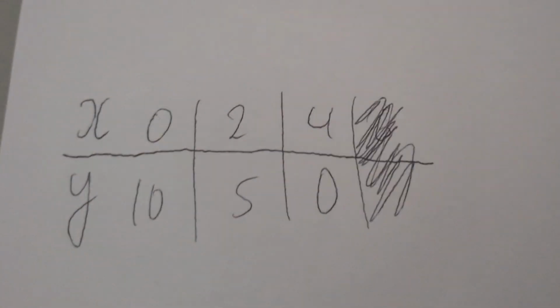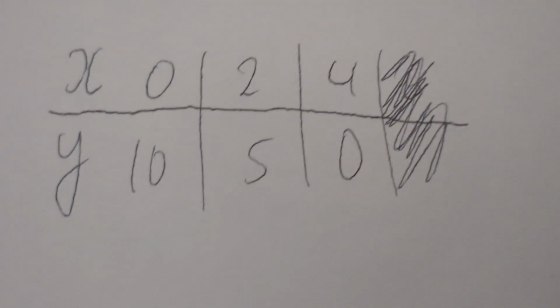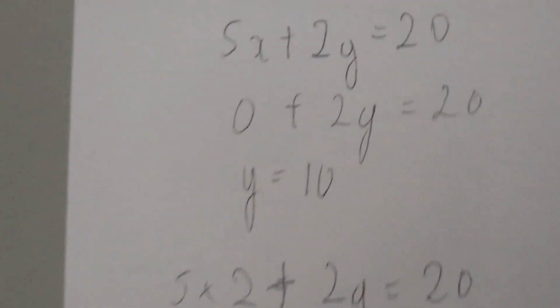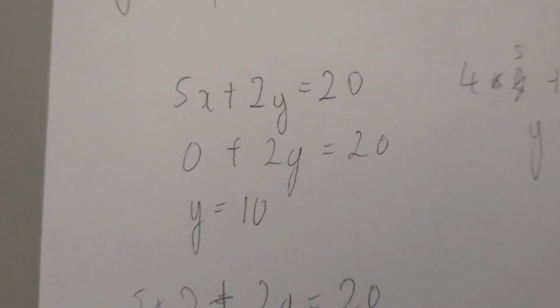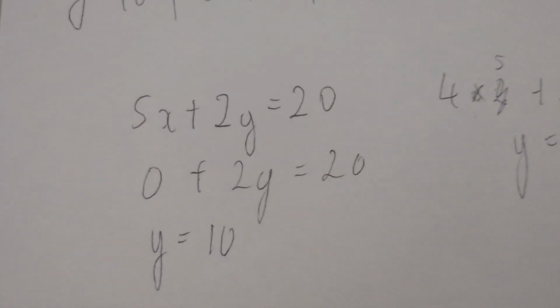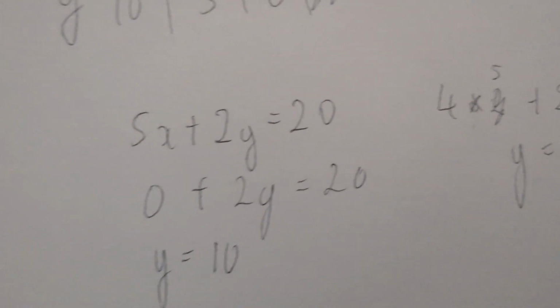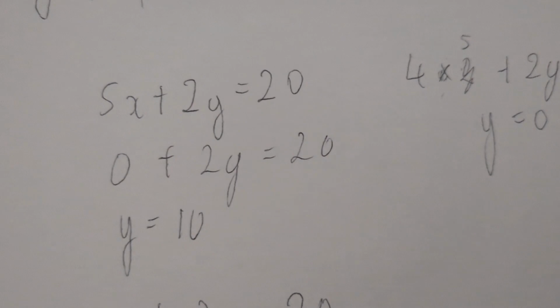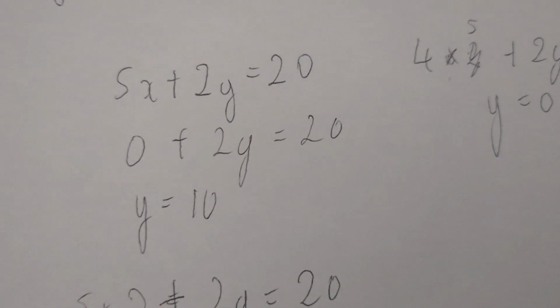So in the end, I got this table of values for my x and y. And the way I got this is by substituting in 2's. And this is because 2 is a nice factor that goes into 20, so then I won't have to struggle with a factor like 1 because it will give me non-integer values. So as you can see, I did 0, which would just give you y equals 10,